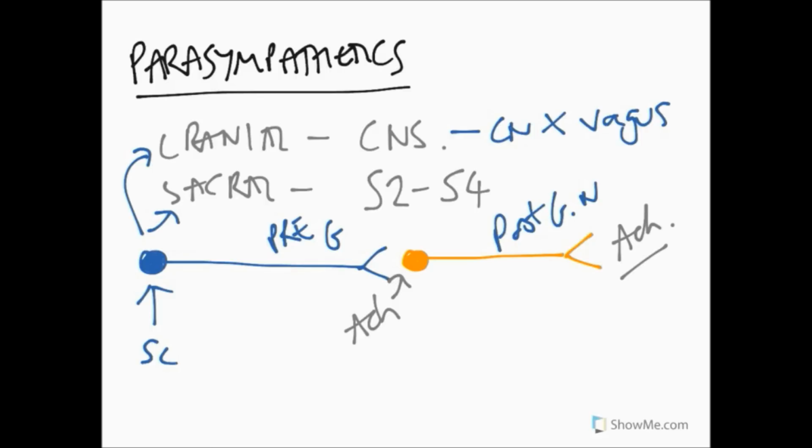So what kind of functions would we expect to find being controlled by the parasympathetic division? Well, we can list these again. Go back to the black and A. This time we're going to see a reduction in heart rate, the opposite to the sympathetic stimulation. So we're going to see a reduction in heart rate and force of contraction. B is that we're going to see constriction of the respiratory passageway. So we're going to see a reduction